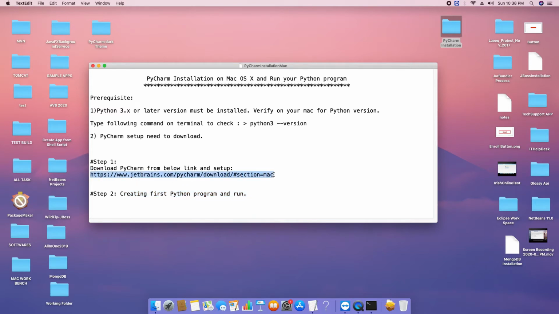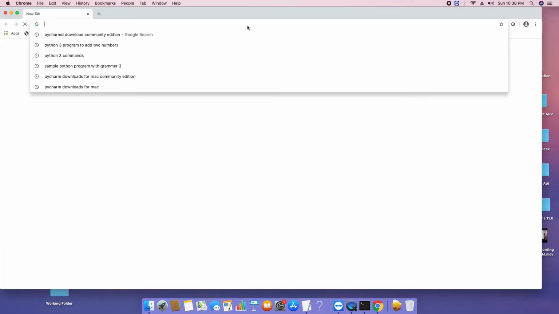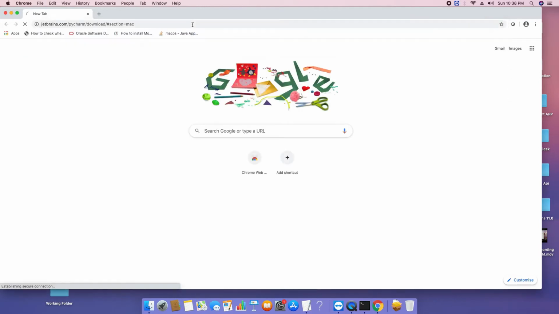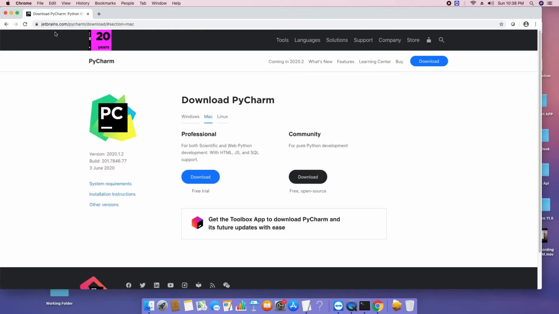This is the link for downloading PyCharm, and the same link is given in the description. You can get that link from the description and open your Chrome browser or any of your favorite browsers. Go to the address bar and paste it, then hit enter. When you visit this link, you will see the official download page of PyCharm by JetBrains,